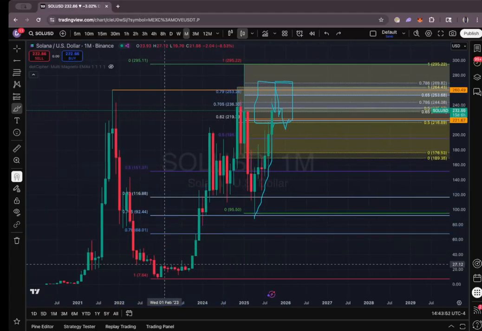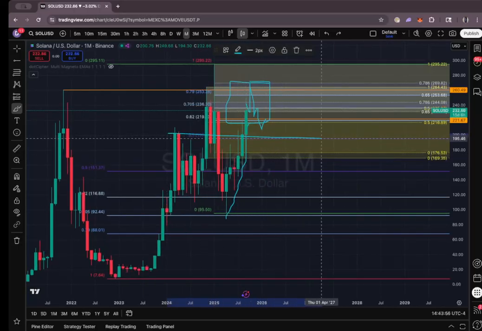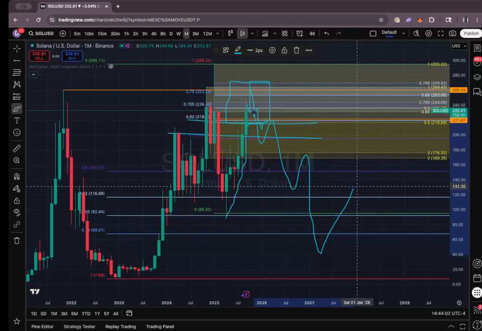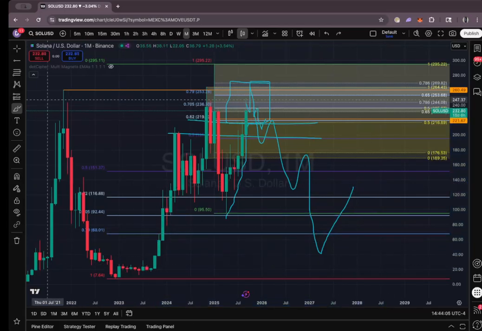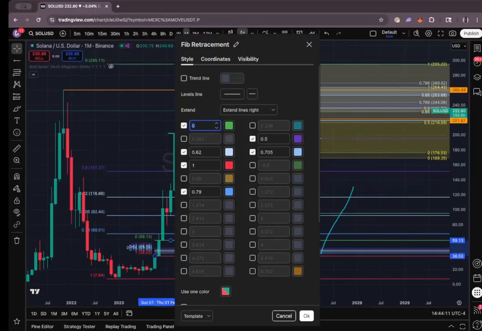7.9 either, right? So if we happen to have monthly closes under 200 or weekly closes under 220, this is going all the way down to 30, guys. Look at these gaps here. There's gaps open. That's why I say 30, because there's one there. Look at this. Price does not like to leave inefficiencies.